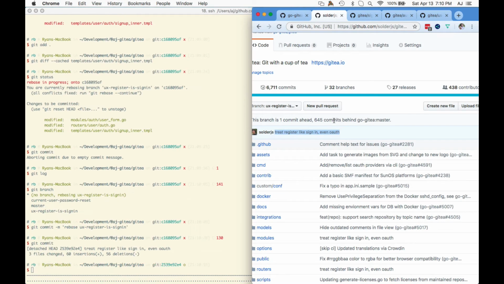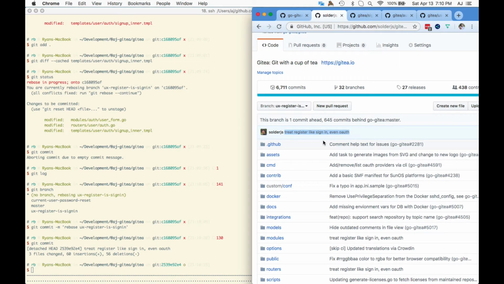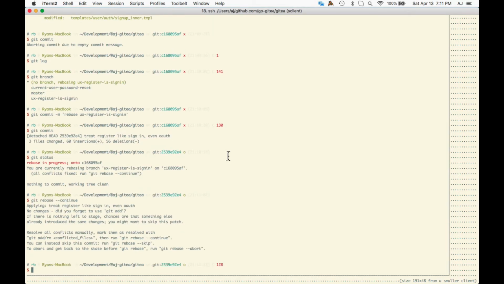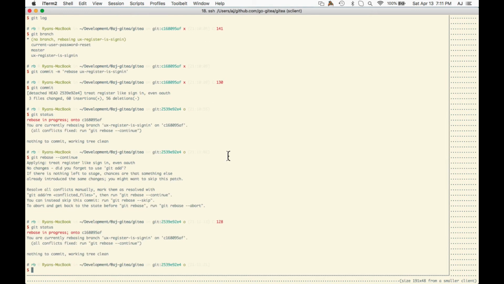There, you've got control again. Okay, so we were in a rebasing, so we need to... So I think we just need to... We committed? Oh, no, we got to do rebase continue, right? Okay. No changes. Did you use git add? No, we didn't. We added. Oh, nothing to commit. Run git rebase continue. That's okay. Didn't you just do that? Maybe we weren't supposed to commit.